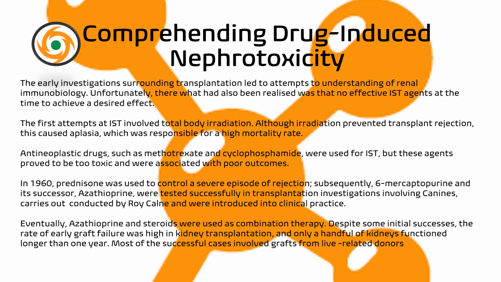Then anti-neoplastic therapeutics, such as methotrexate and cyclophosphamide, were utilized for IST, but these agents proved to be toxic and were associated with poor outcomes. Retrospectively, in the 1960s, prednisolone as a corticosteroid was utilized to control a severe episode of rejection, and subsequently 6-mercaptopurine and its successor, at least in part, azathioprine, came into line. Azathioprine has a hierarchy over